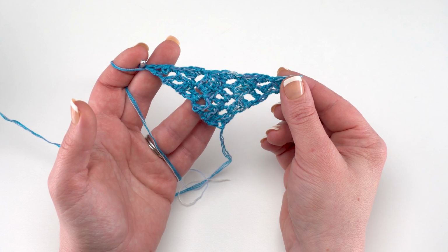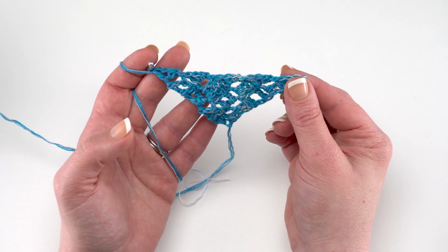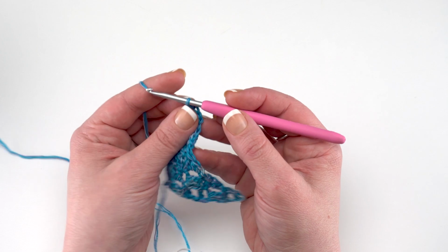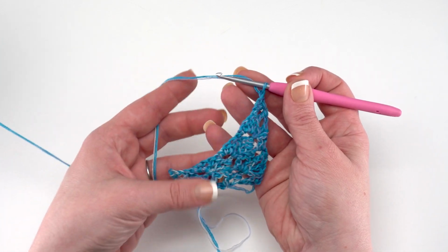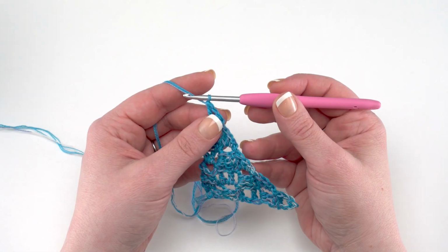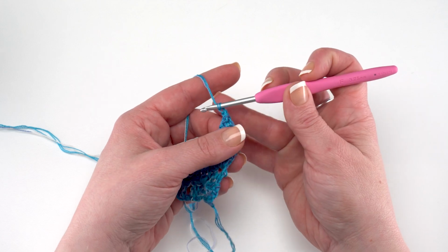So then it's ready for border round 1. At the end of round 62, or rather row 62, we're going to go ahead and turn. And then the next 2 rounds are worked in the round all the way around the shawl. Okay, so to begin the border round 1, I'm going to chain 1, and then we're going to work right